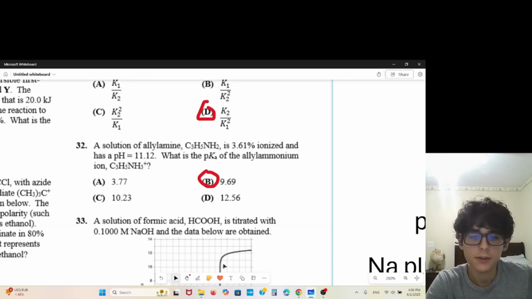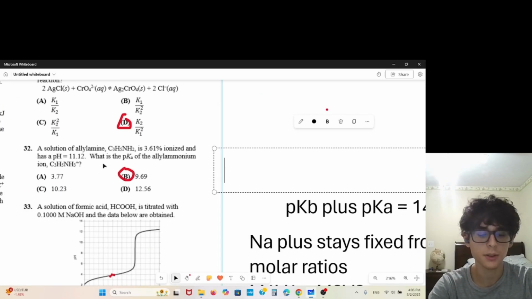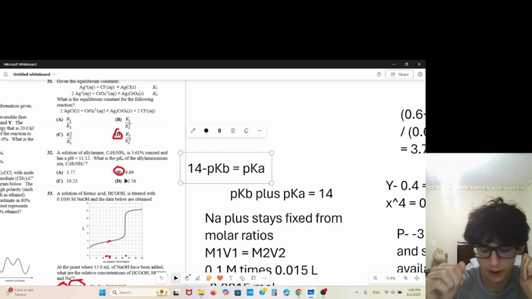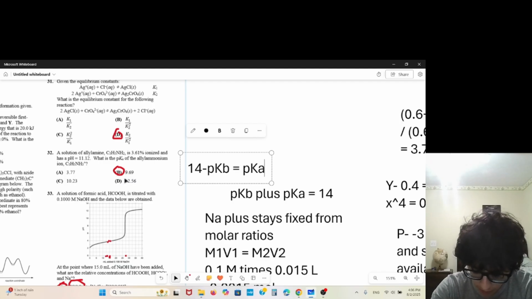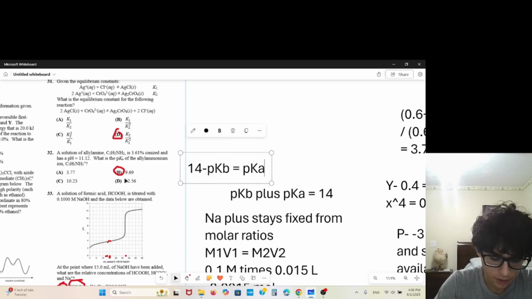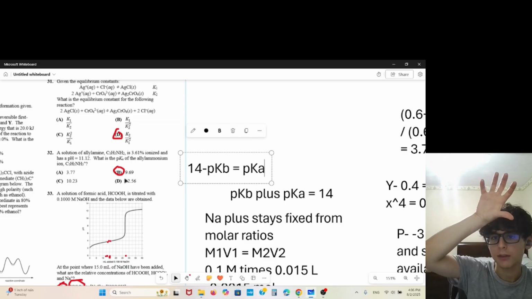Now, because we have all this information about the base, we can find the pKb of the base and subtract it from 14 to give the pKa. It's a standard relationship: pKa plus pKb equals 14. Now, let's use the information that we have. The pH is 11.12. This is the base, so pOH is going to be 2.88. So 10 to the negative 2.88 is the concentration of each of those things on the right side of the first equation. Now, if we're trying to find Kb, that's going to be right side squared